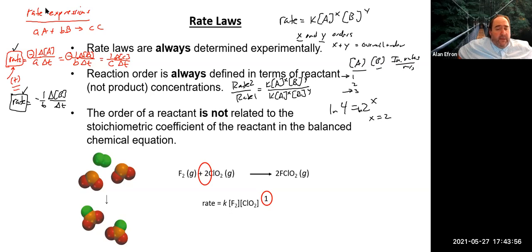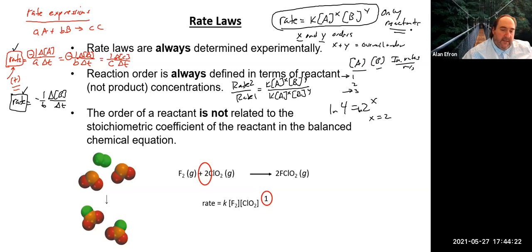But when we talk about rate laws, again, they're always determined experimentally, which means you should always probably have some type of data table given to you in problems. The reaction order is always in terms of the reactants, not the products. So when we write rate laws, only the reactants are involved in here. So really only reactants,